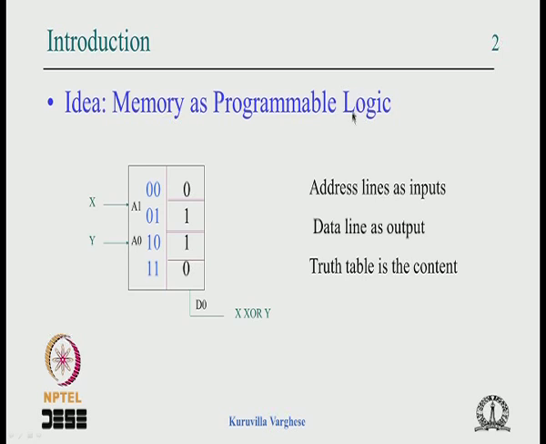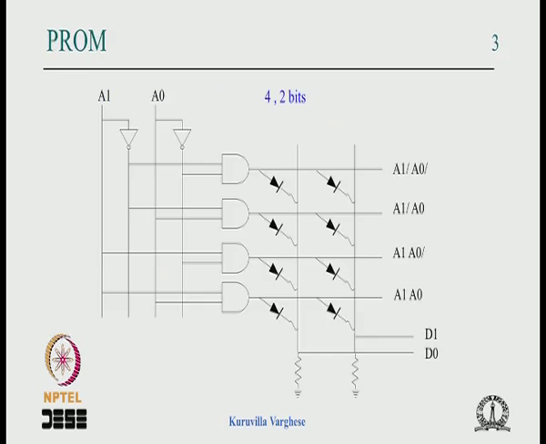when you use it as a logic it's in read mode, so you supply the inputs like 0 0, then the data line will get the 0 value, when it is 0 1 gets 1 and so on. So basically you write the truth table in a memory with the appropriate size and use the address as input, data as the output. And as I said, SRAM cannot be used because it has to be programmed at the power on, and when you need a non-volatile kind of memory, the solution was to use a